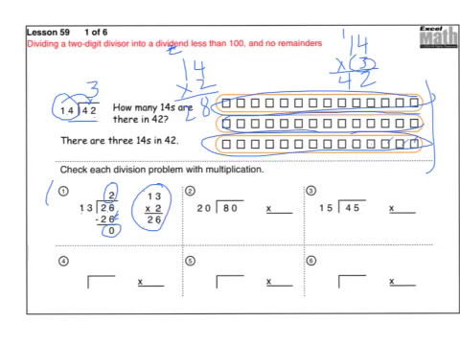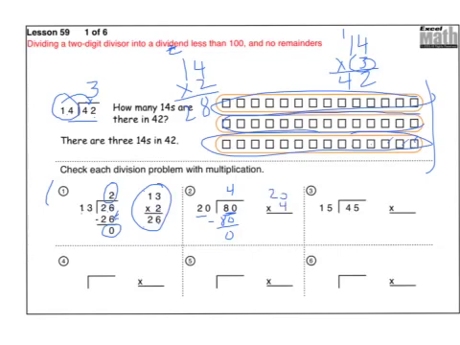Let's try this next one together, okay? How many 20's are there in 80? And that should be pretty easy for you to figure out. You've got 20, and then 40, and then 60, and then 80. So that would be 4 of them, right? 4 times 20 is 80. Write the 80 down underneath there. Subtract and get 0. Then you're going to do 20,